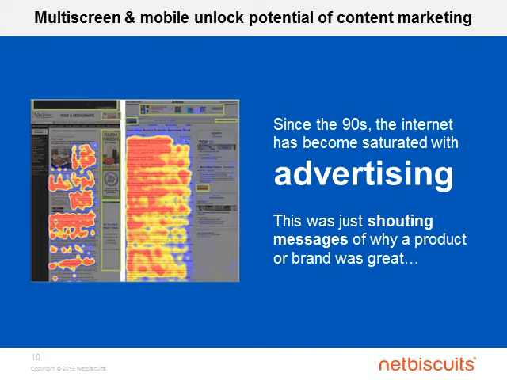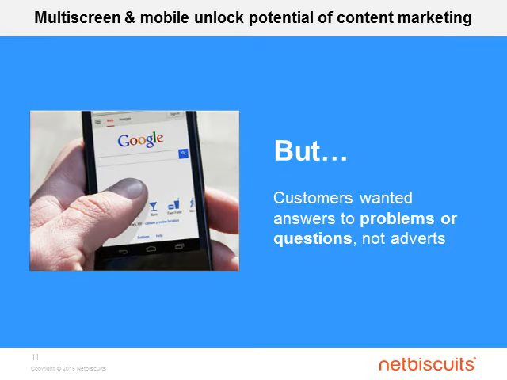However, since the 1990s, the internet has become increasingly heavily saturated with advertising. This advertising really continued to shout messages of why a product or brand was great, so being noticed becomes tough, and consumers start to become banner blind. Now, at the same time, and also as search engines grew in importance, brands started to realize that customers wanted knowledge as much as they wanted a product. Most of their searches were looking for answers, a fact which remains true today, or if they were shopping, they were looking for reviews. And if the brand wasn't there to provide them with a solution or entertainment, well, they would find it another way.